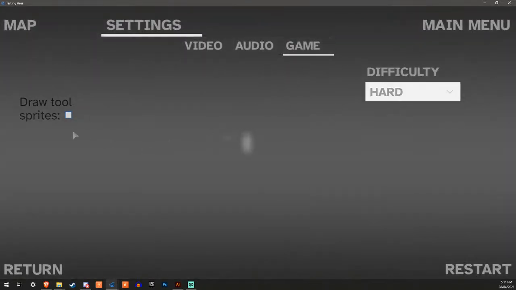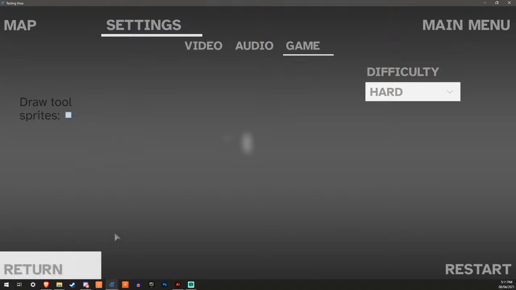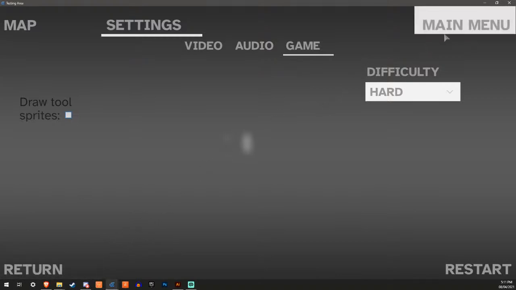Nope. Cursor is still really confused. Well then. That's just amazing.